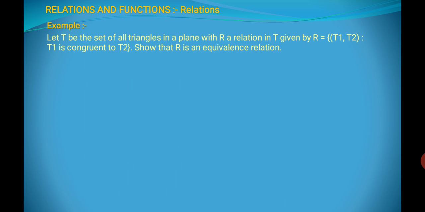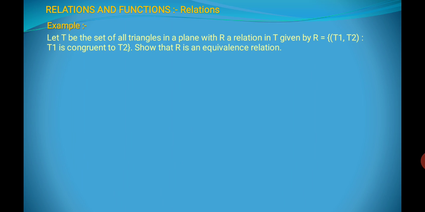Clearly, there is a plane, and on that plane there are triangles. Then the relation is what? Triangles must be congruent. You know that congruency, in standard 9. Two triangles are congruent when the angles are exactly equal and the sides are identically equal to one another. That is called triangles are congruent. Triangles congruent means they are exactly equal to one another.